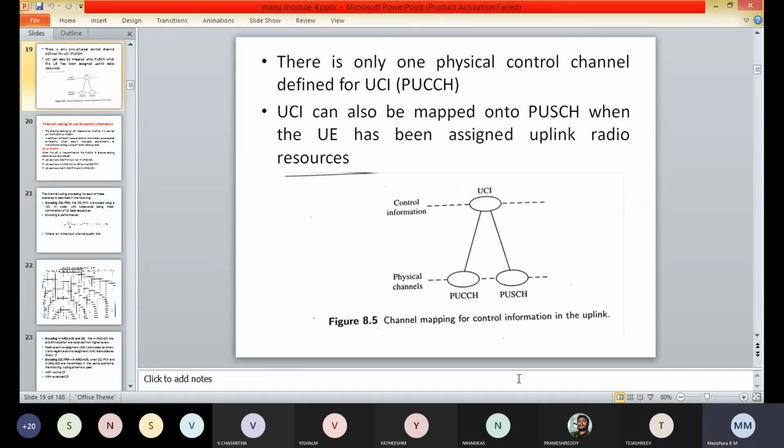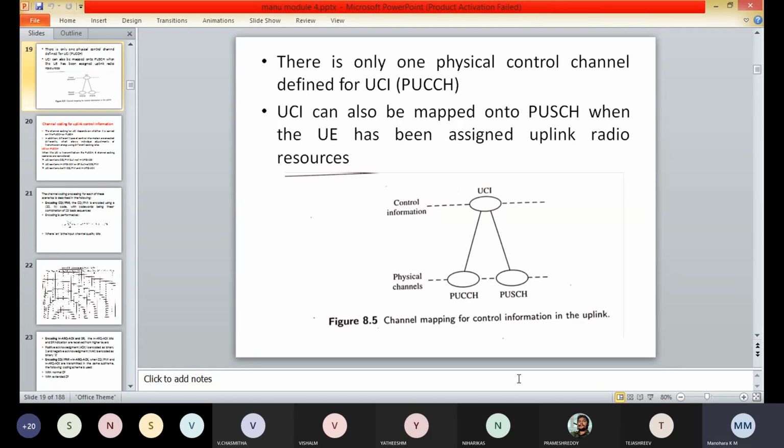When this happens, the UCI is frequency multiplexed with the ULSCH data on the PUSCH, unless the PUSCH carries a random access response grant or retransmission as part of the contention based random access procedure. When the user equipment does not have an uplink allocation on the PUSCH, the UCI is transmitted on the PUCCH in the specifically assigned radio resource.